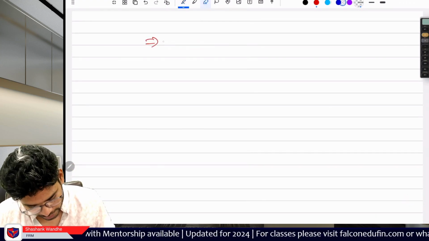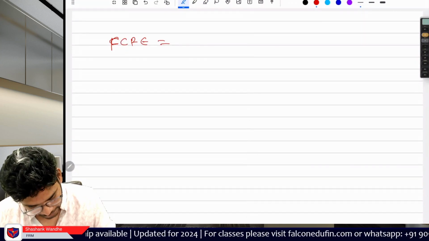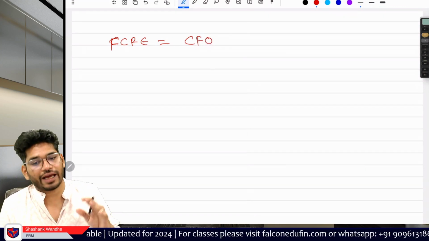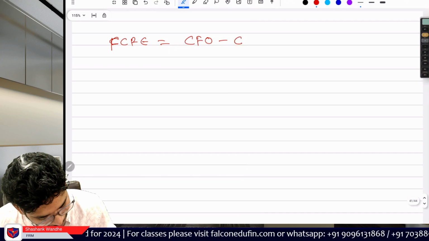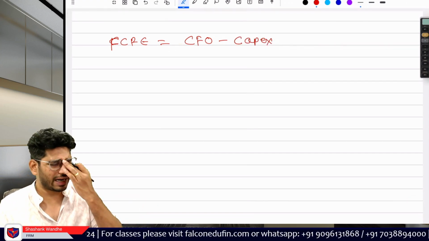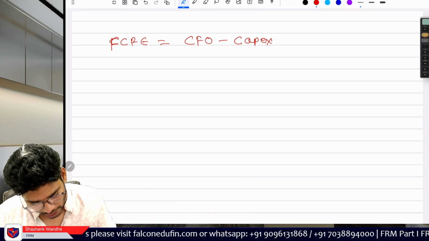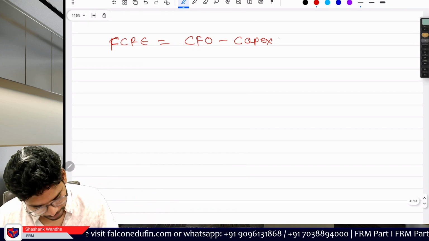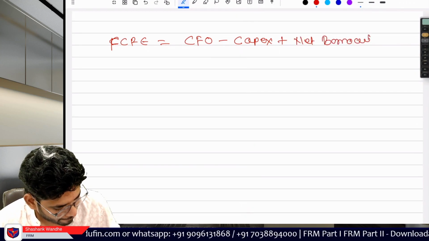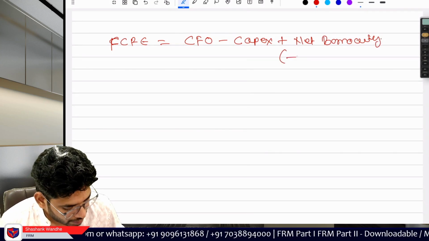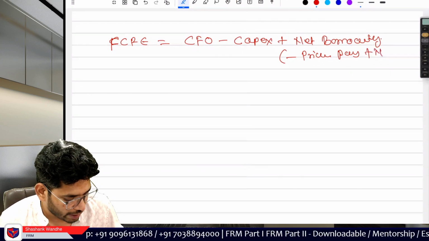Then the second formula for the free cash flow for equity is cash flow from operations, the CFO part, minus capex. Capex is easy to understand. The company spent or invested in plant, machinery and so on, so this is cash out. And then plus net borrowing. What is this net borrowing? Simple: minus principal payment on debt plus new debt,